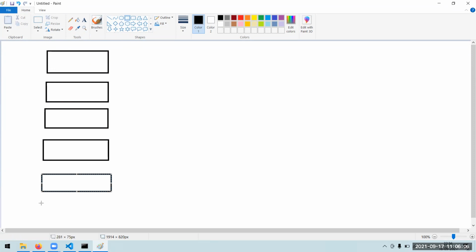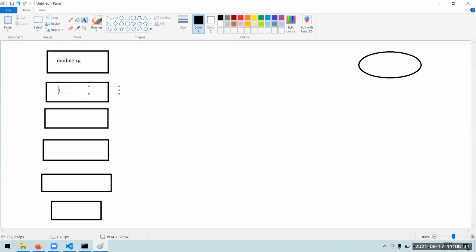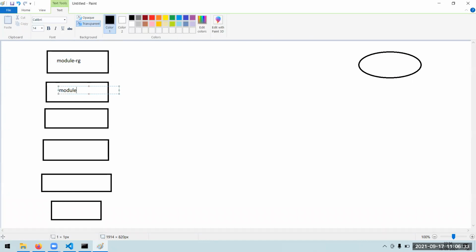Some are small, some are big. And we do have applications. First, this is resource group, module RG. Let us be very specific. Module RG, module STA,